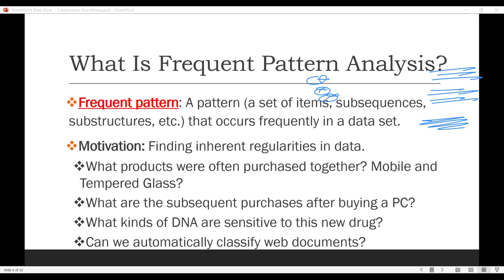If you're running a mobile shop, you know the normal behavior: if someone purchases a particular product X, they also purchase some product Y as well. If someone purchases a mobile phone, normally they will also purchase a tempered glass and back covers. That is one pattern. So as a mobile shop owner, if you purchase some mobile phones,